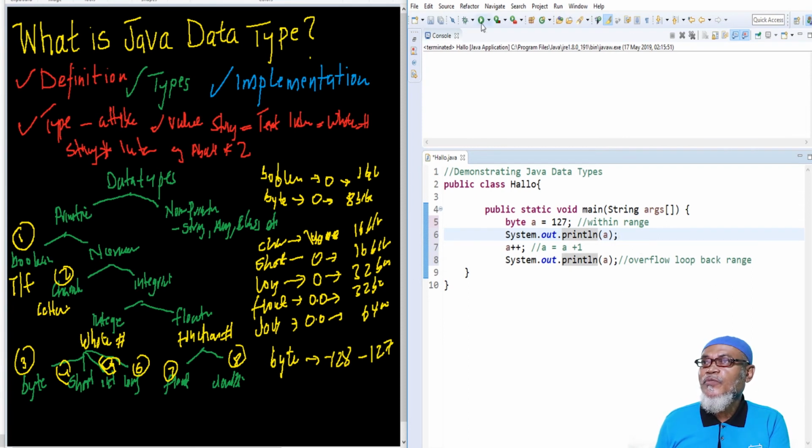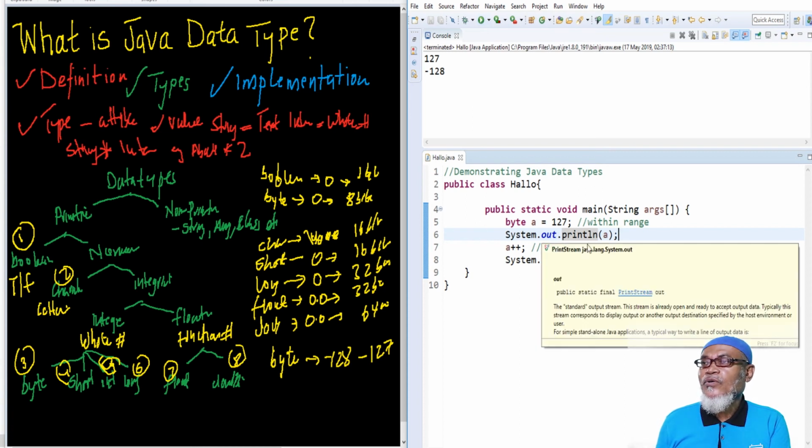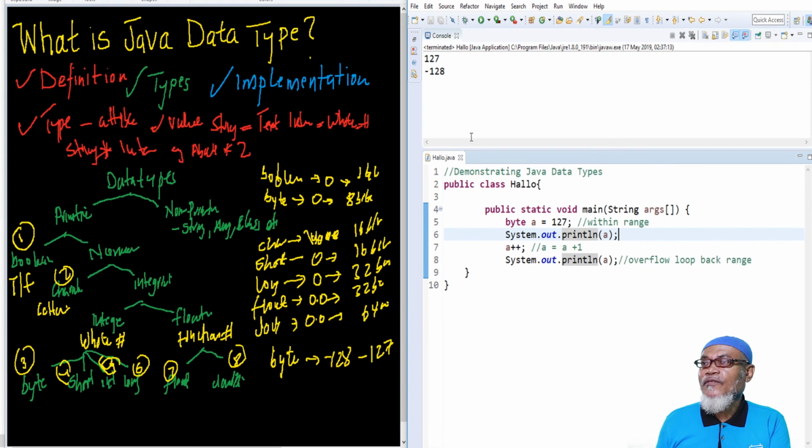So let us run this particular program and see what happens. When we run this program, as we expected, the first system.out.println has printed 127. The second one did not print 128, it overflowed and went back to this particular range. So that comes to the end of this particular session,